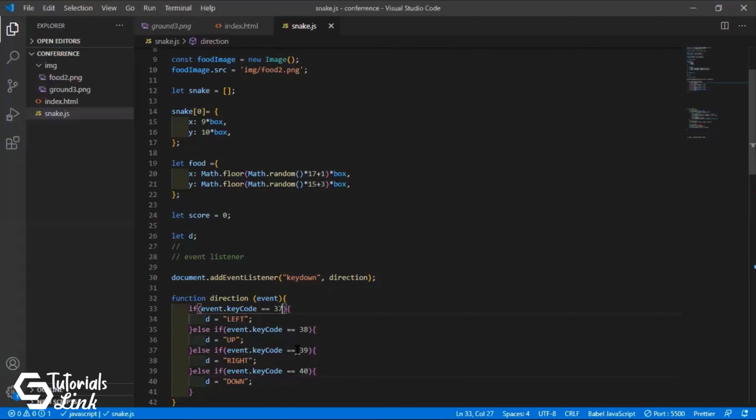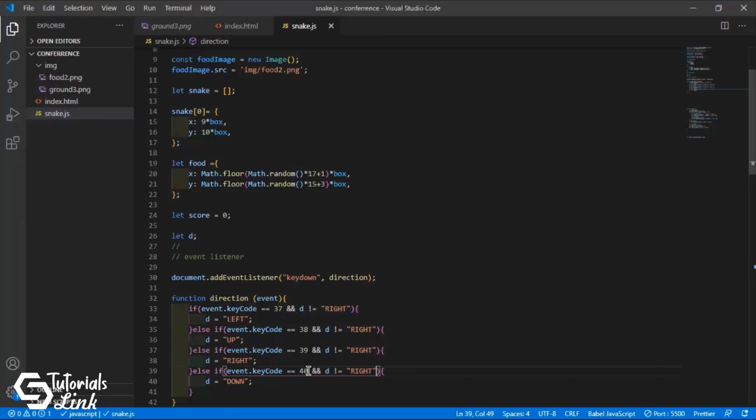So I told you earlier that we have to keep in mind that we also check that the previous value is not just the opposite. So for this we will use not equals to. The opposite of left should be right, and let's just copy this thing. Okay, fine.